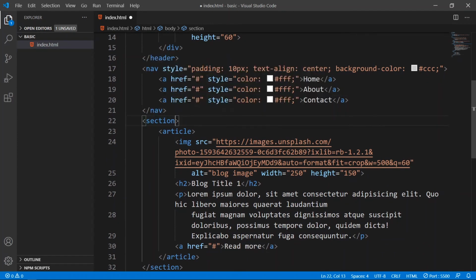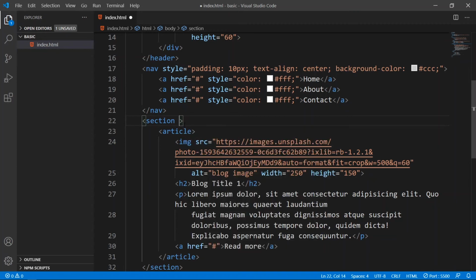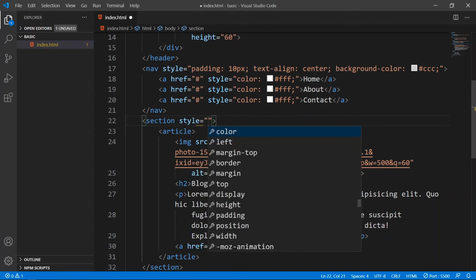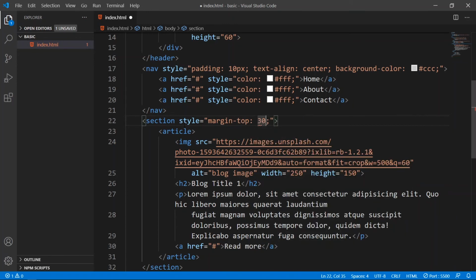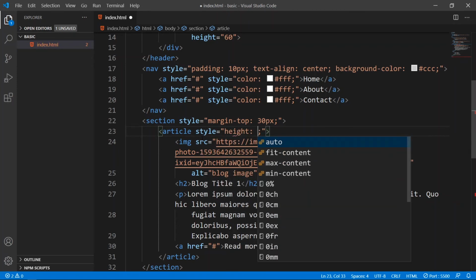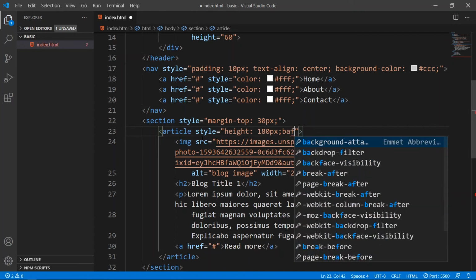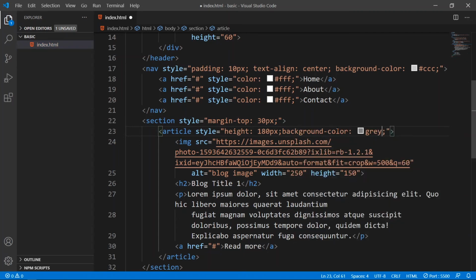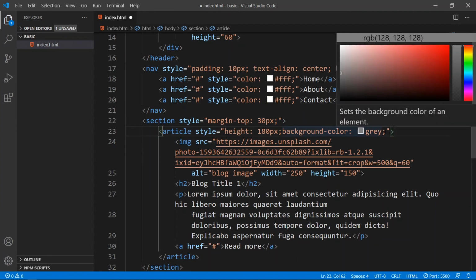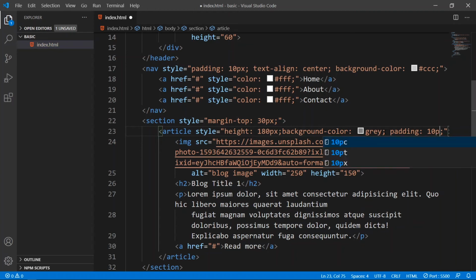And for my section, I need to add a space between my navigation element and my section element. So I'll create a style attribute where I'll add a margin-top of 30 pixels, and I'll go to my article tag and I'll add a style attribute where I'll specify the height of the element as 180 pixels, and the background color should be gray. And let me also add a padding so there is spacing between all the contents. So let me add 10 pixels padding, save it, and go to my